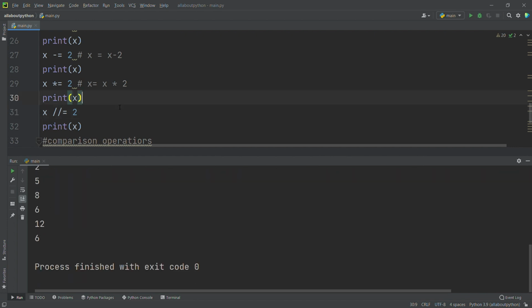So here it's going to work as x = x // 2, or x = x / 2.